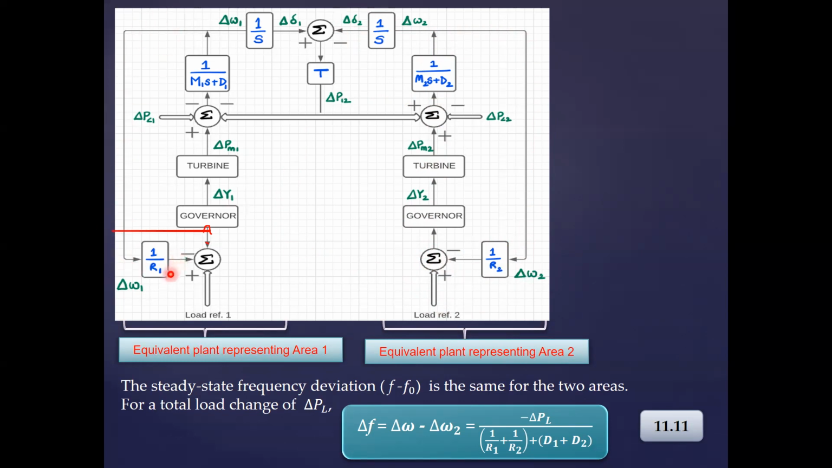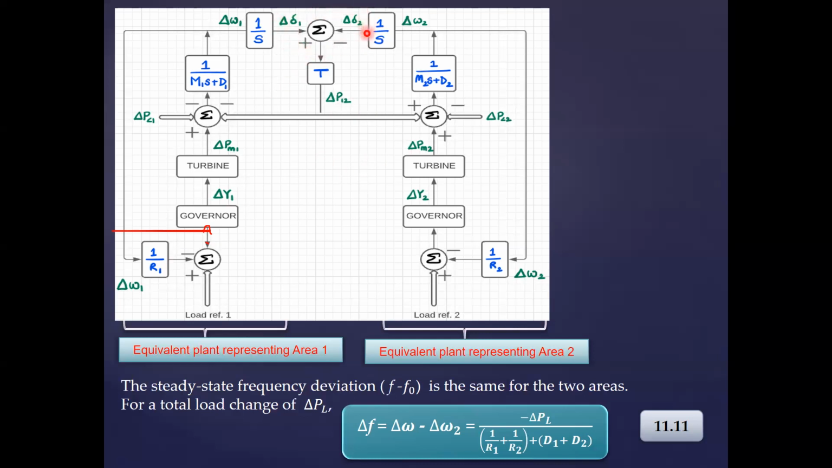And then here, what should be the power change you have? You can see this is the turbine power. And then here you have the load disturbance. So the error between the turbine power and the load disturbance will give you, based on inertia, del omega here. Now, the two areas are interconnected, and you can see the interconnection is based on